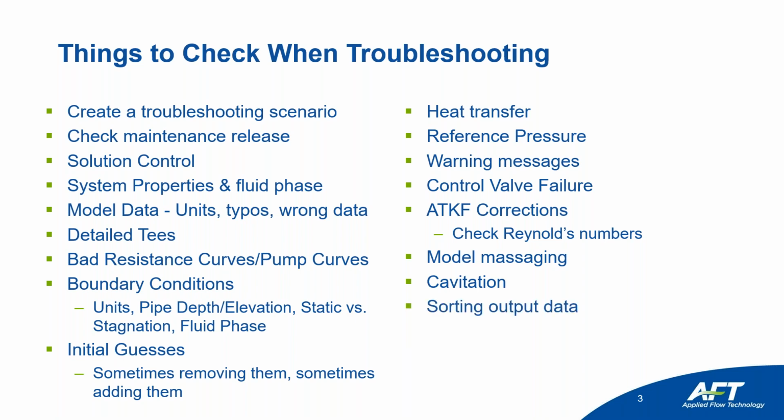A few other things, you can sort output data. So, an example is maybe sorting velocities in increasing order, or maybe sorting your pressures. If you have a lot of pipes in your model and you sort your velocity for each of the pipes, that can make it really easy to find really high velocities where an incorrect diameter might have been used. Closing off parts of the model is another technique,